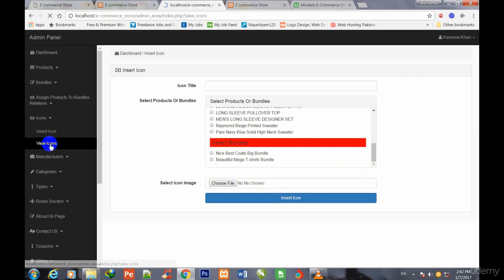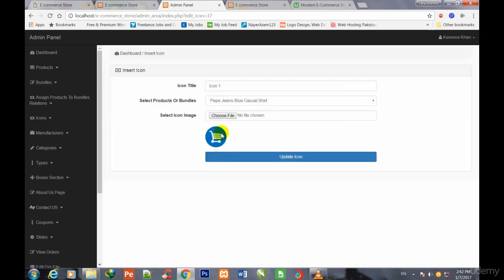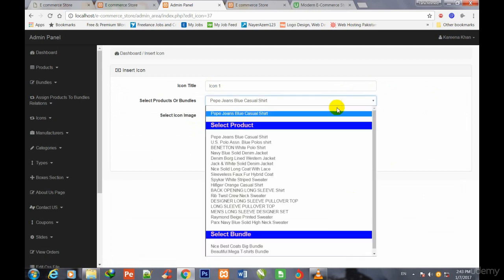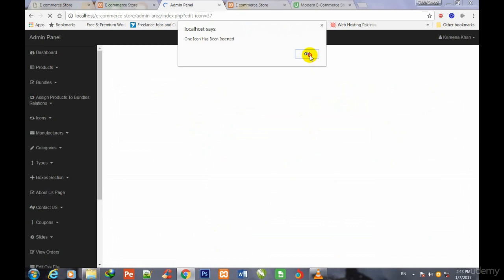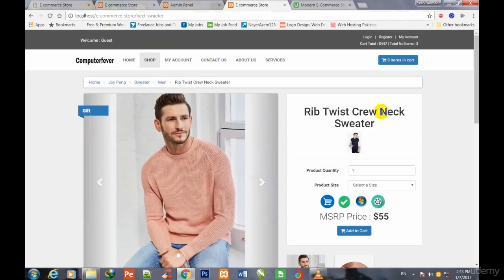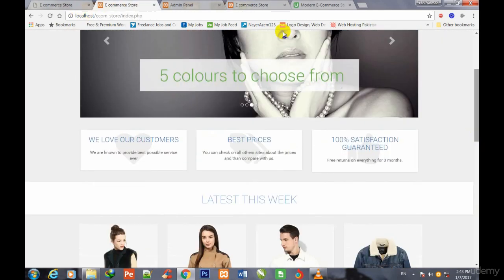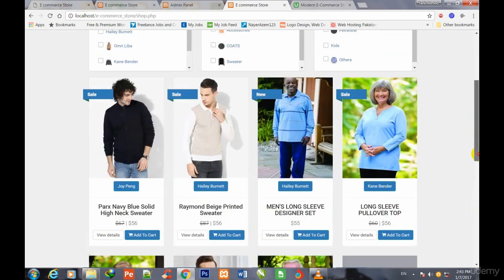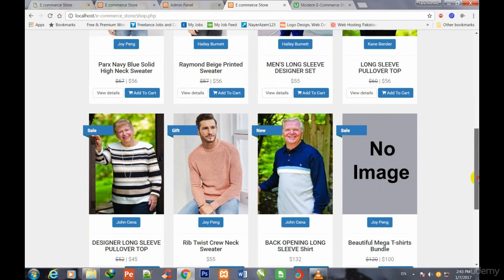If I go here to view icons, then you will be able to watch the icons and icon products, icon images, and in the same way you will be able to edit those icons, change the icon name, change the icon product, change the icon bundle and image, everything, because you have the functionality in this theme to make bundles of different products. But in this first theme you would not be able to make bundles. But if I come here, I would like to tell you that I made some bundle here, like